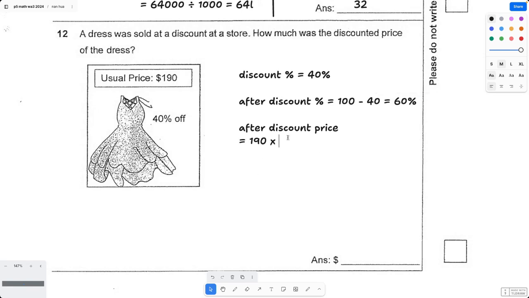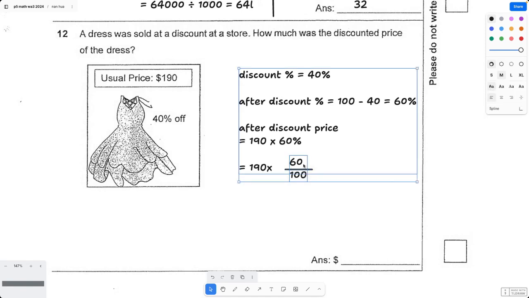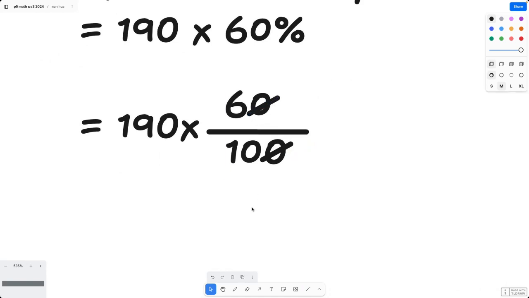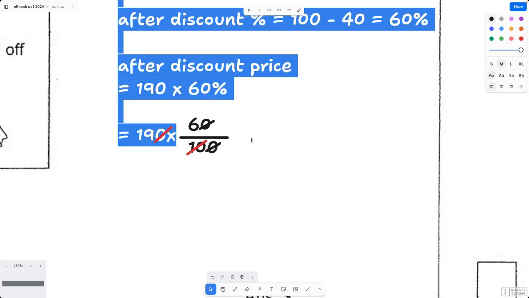You can calculate the discount as well and subtract, that's also fine. But for this, I'll just do this. So this will be 60 out of 100. Then we just multiply 190 times 60 over the 100. So we can cancel the 0 and the other 0 here as well. Let me zoom this in a bit. Then we can cancel the 10, make it red, and cancel the other 0 here as well. So that means this will become